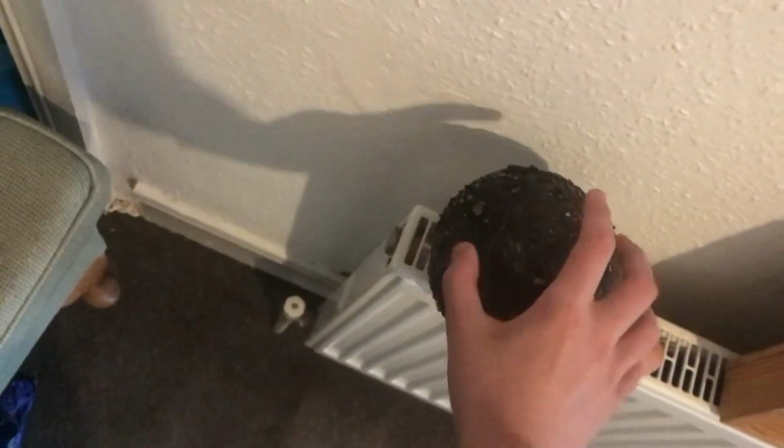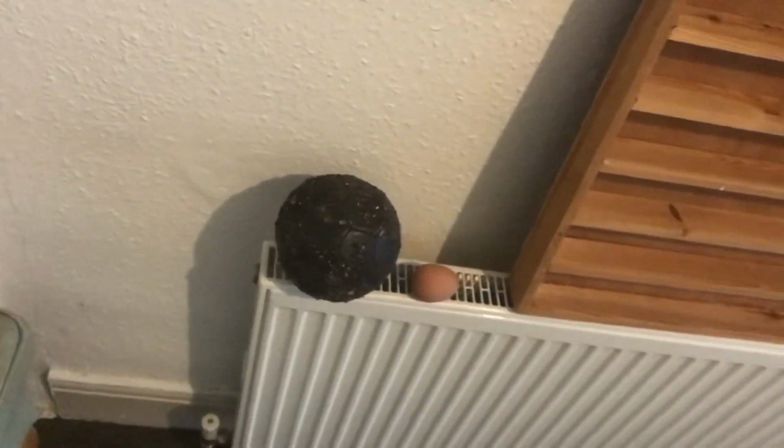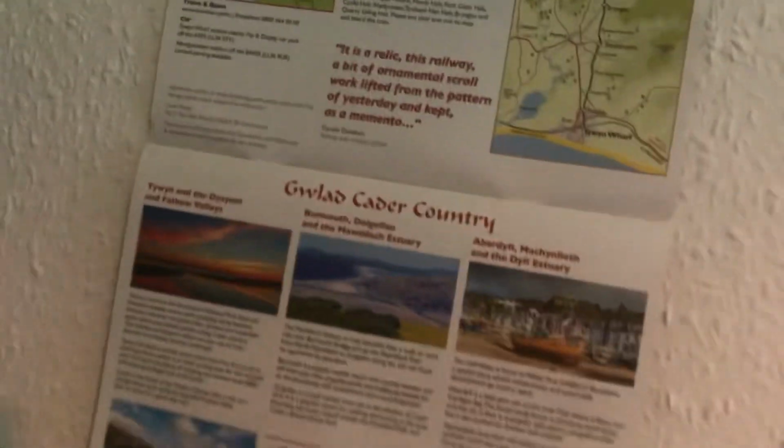This is empty. I'll explain why in a minute, but this shelf is empty. Egg. Boulder. I haven't used this guy in forever, that's what I got. You got this nice information sheet of the Tylerden Railway. Lovely. You've got a chair that I've had here forever. I'll get to what's below it in a minute, but for now, if the camera won't...